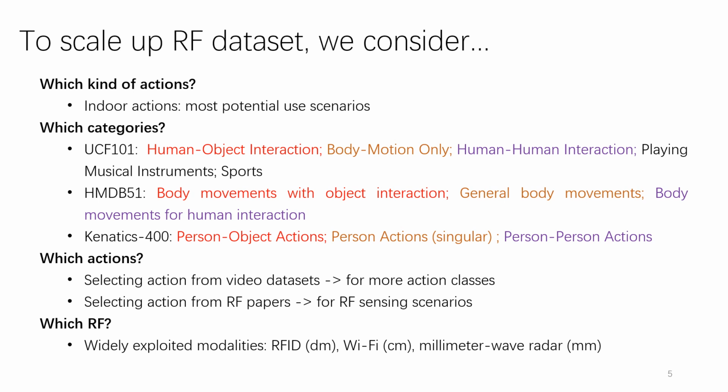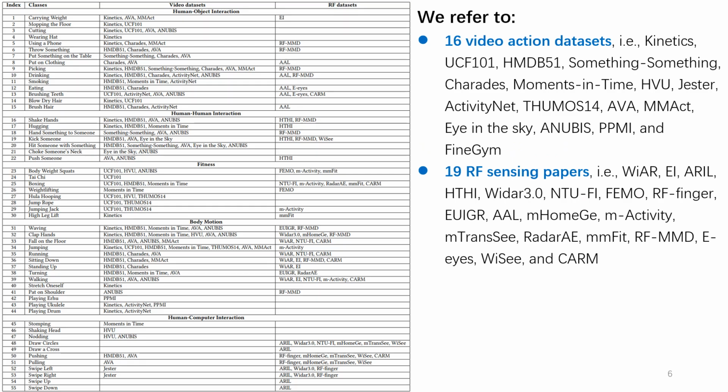The next step is selecting specific actions. We can either pull from video datasets to add more action classes or reference actions from existing RF papers that align with common RF sensing applications. Finally, we need to consider which RF technology to use. The most widely used modalities include RFID for decimeter wave sensing, Wi-Fi for centimeter wave sensing, and millimeter wave radar for even finer resolution. In this project, we have referred to a wide range of both video action datasets and